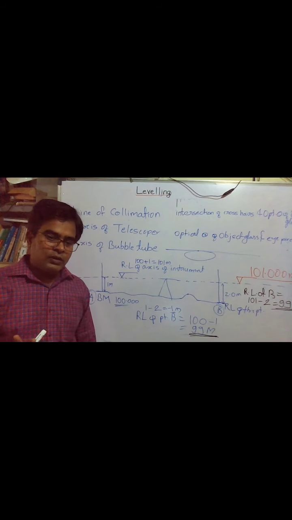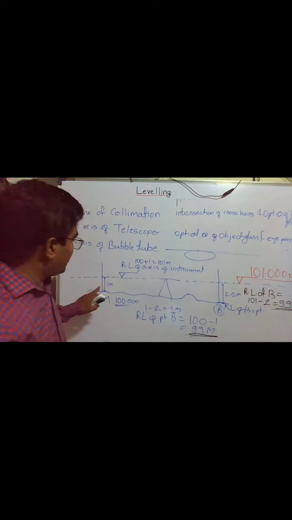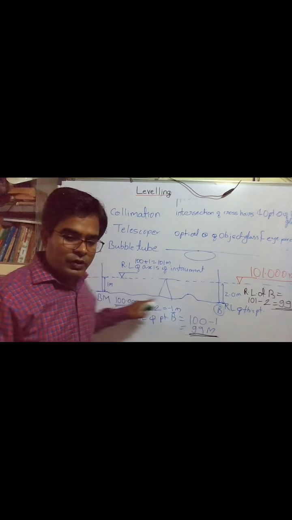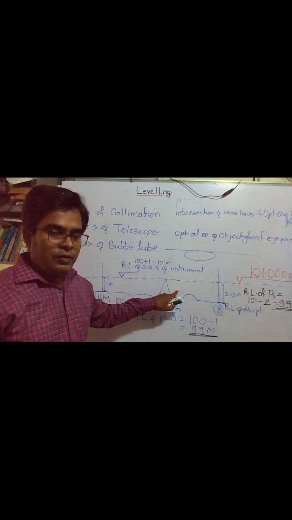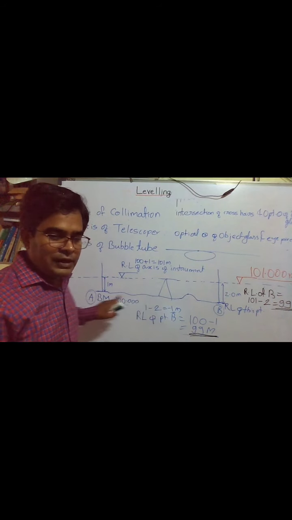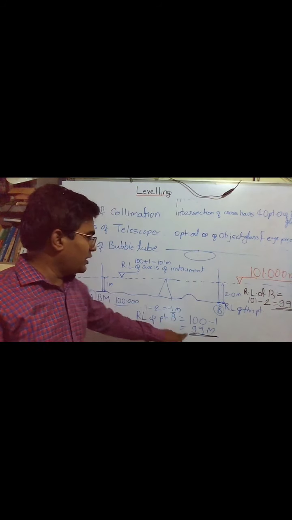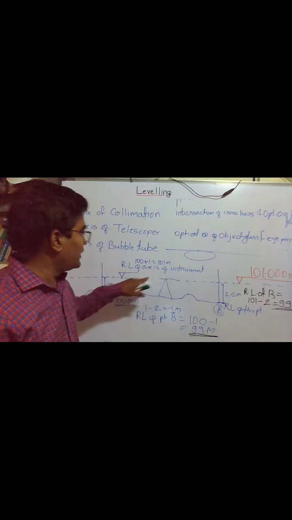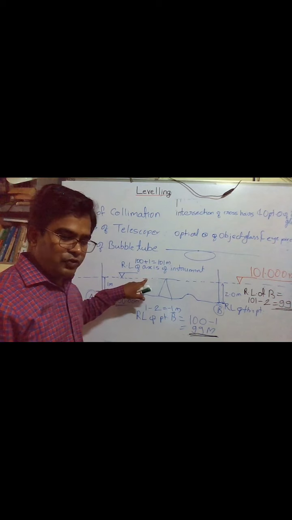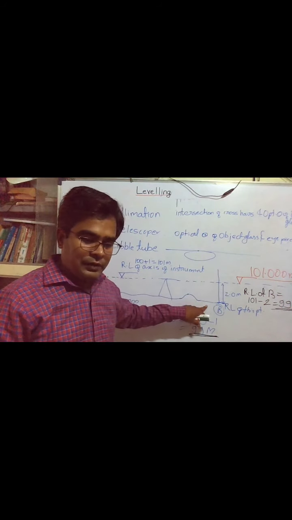We can find the RL of any point. What we need is a point of known RL, that is, a benchmark. In the first method, we find the difference of elevation between two points by taking readings, setting a dumpy level or any level in between, and finding the height difference between the two points. Then we can find the RL of that point B. Another method is we can find the RL of the instrument axis, and then we subtract the staff reading.